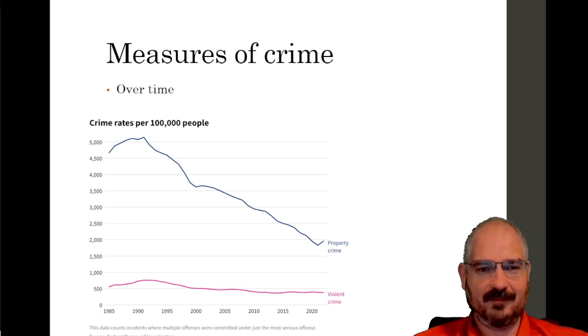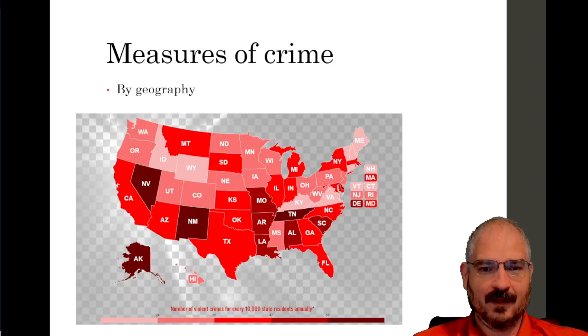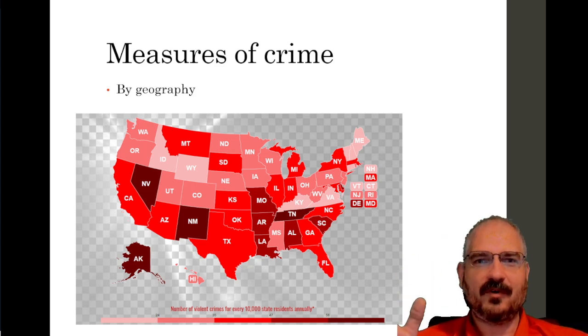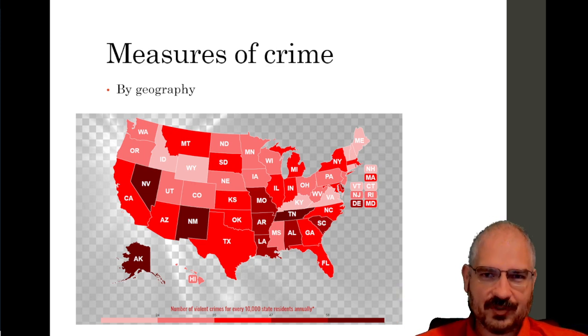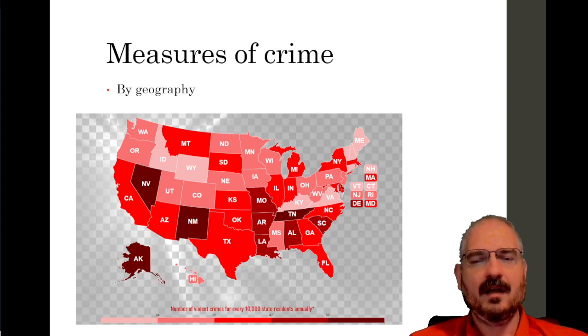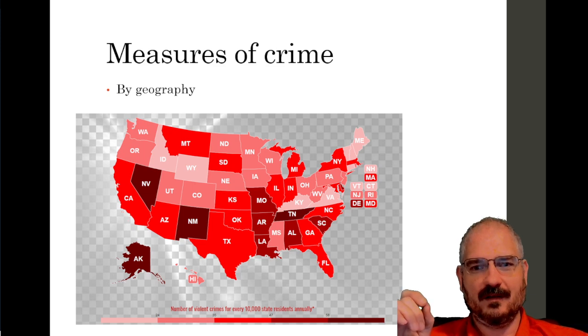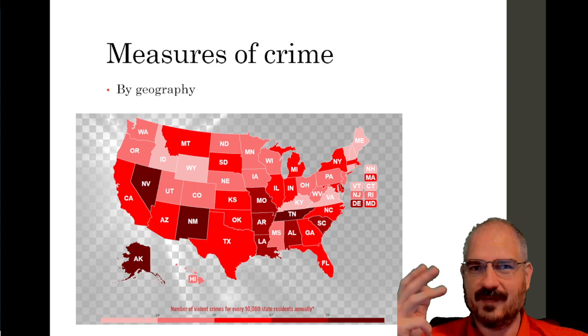So, we know crime looks like this over time. But now, what about by geography? So, lots of crime happens in cities. But of course crime happens in cities. That's where the people are. So instead of looking at number of crimes, we need to look at crime rates. In other words, crimes per person. Right? And when we do that, we notice that crime isn't necessarily in the biggest cities. So if you think about the biggest cities in the country, New York, Chicago, Los Angeles, even Dallas and Houston,